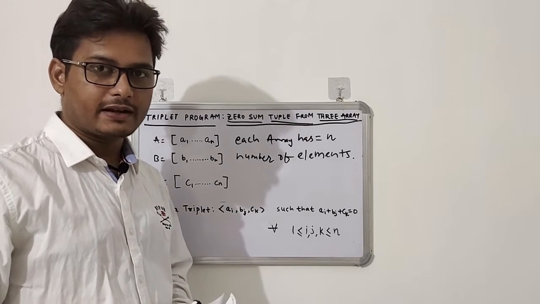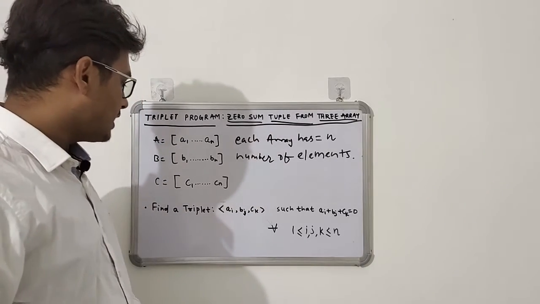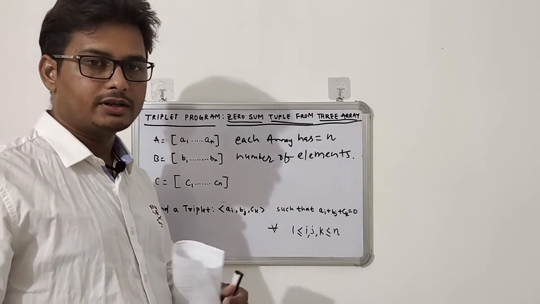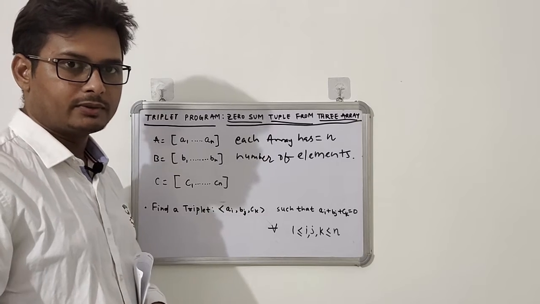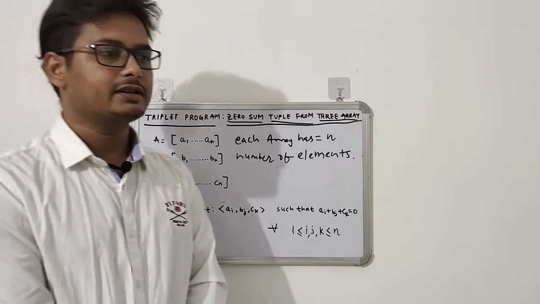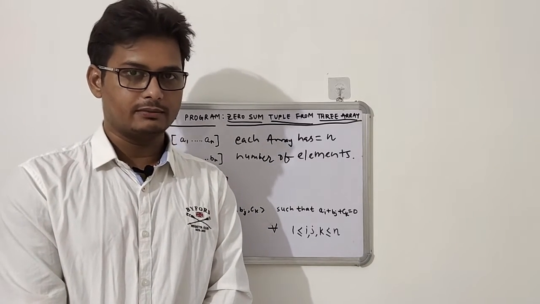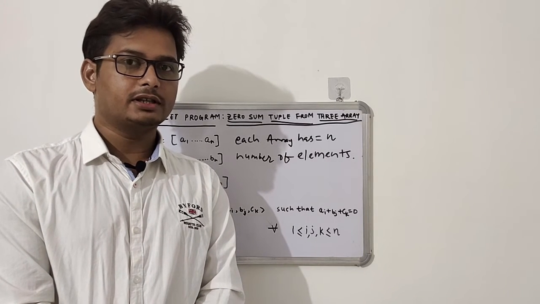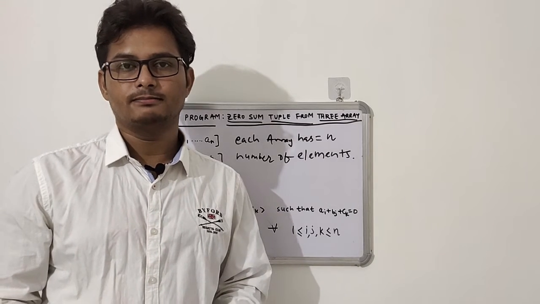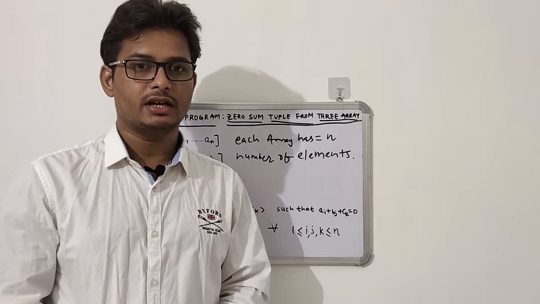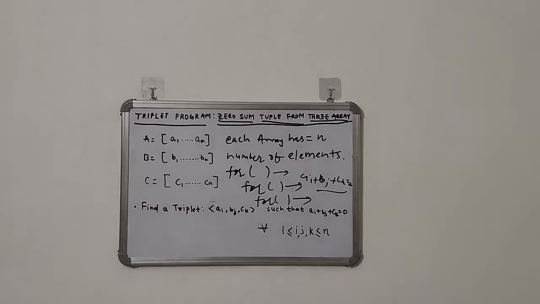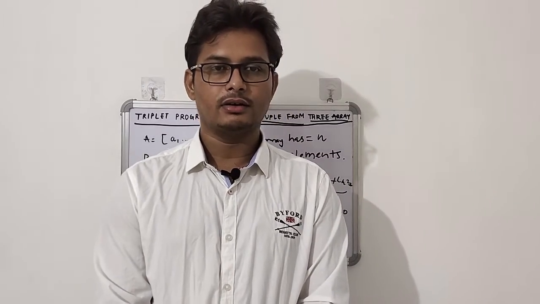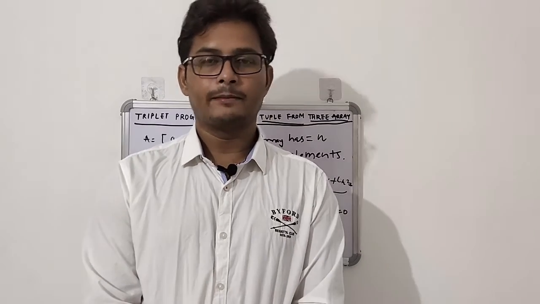Now I will take an example and I will find the triplet. Okay, I hope you understood the problem. And now my question is, we have to write an algorithm, and this algorithm should run in at most order of n square. We explained the question, what it is saying, and how we will compute the triplet.